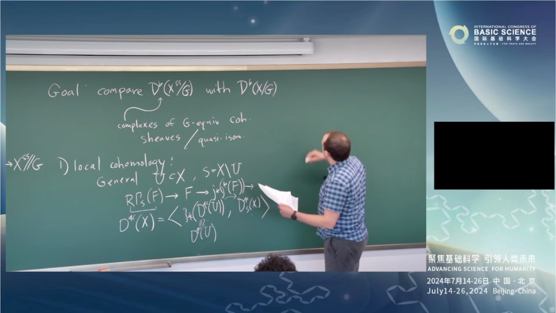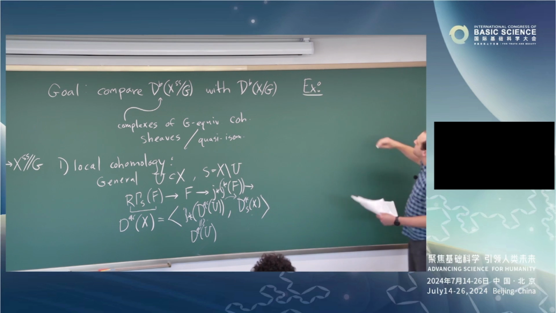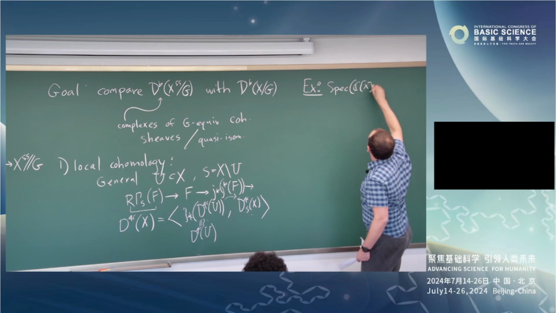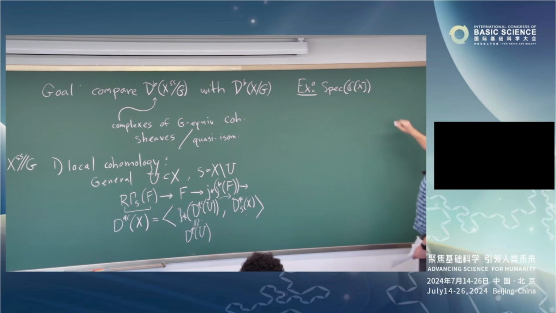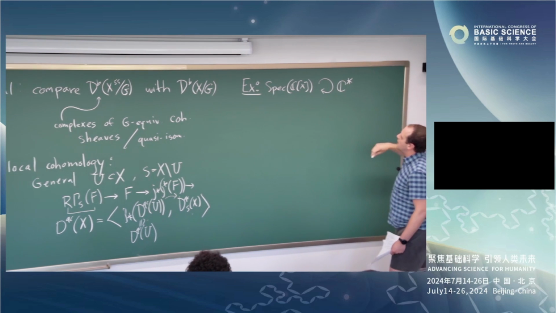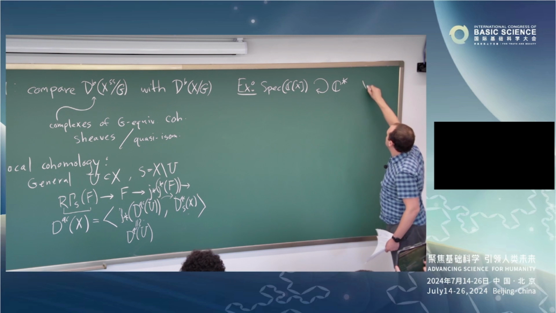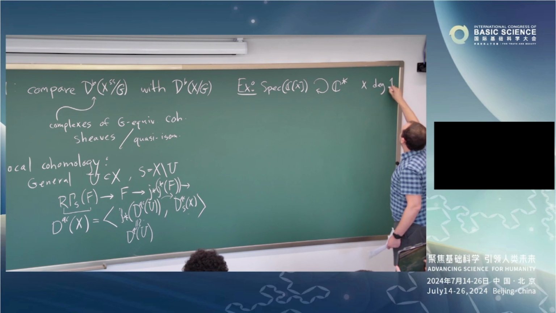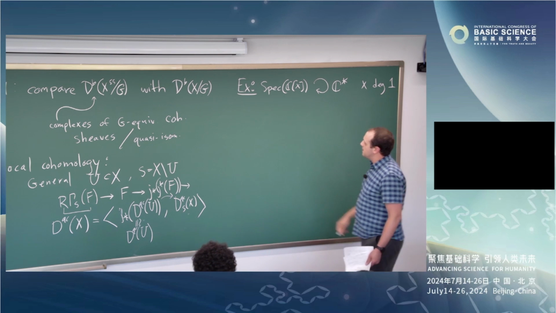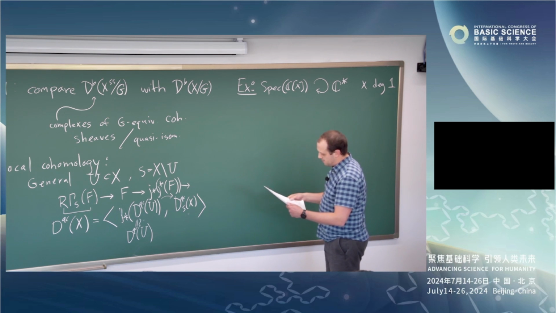So I'm going to show you what you can do. Let me do this example. If I take Spec of C adjoin X, so the affine line, it has a C star action, which gives X degree 1. So C star actions, when you translate them into algebra, correspond to gradings. So then I can basically compute